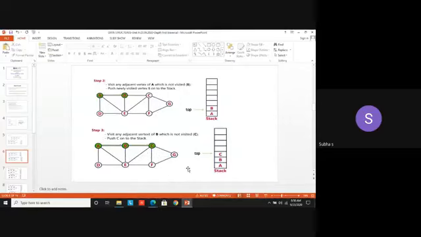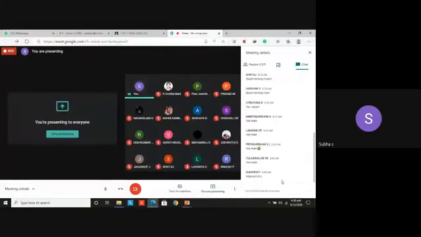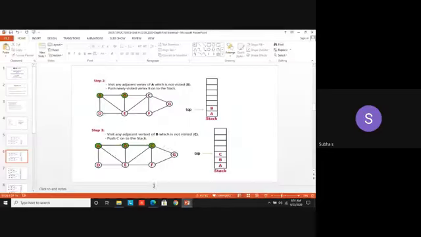I have started from A. I visited the particular vertex B. Then I am finding the adjacent vertex for B. I go to C, mark it as visited. What I have to do next? Yes, adjacent of C. Find the adjacent vertex of C. Only one girl answered. Are you all there? So find the adjacent vertex of C.